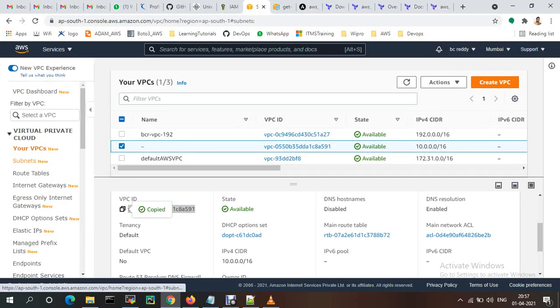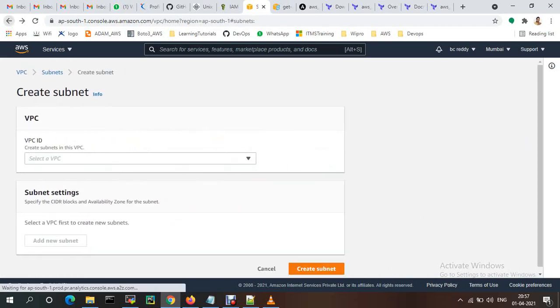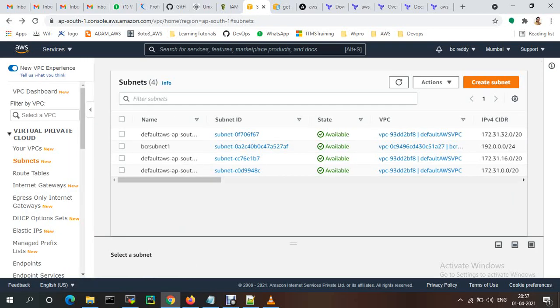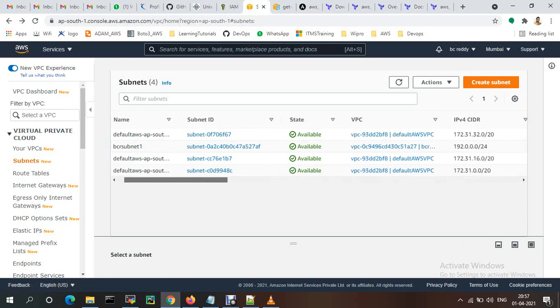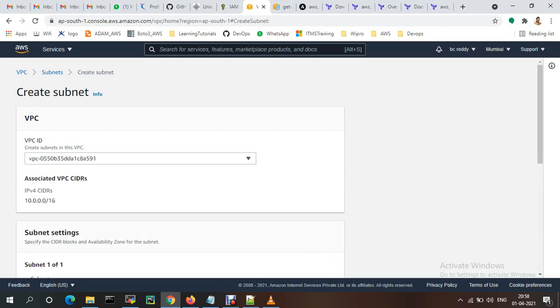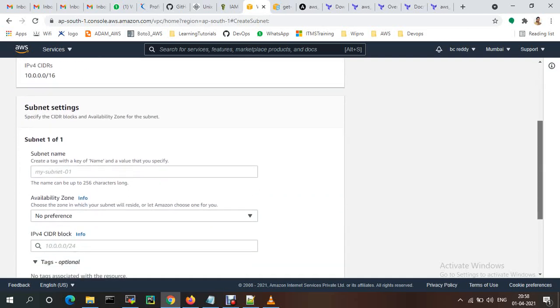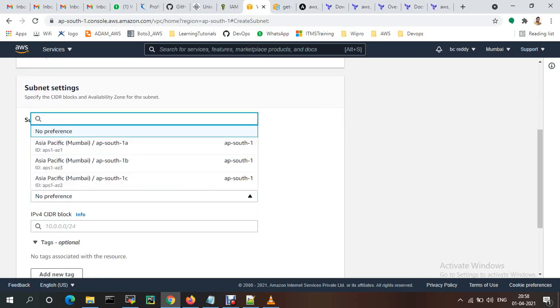Basically, if you go to subnet, the default one is already created. So the default subnet is the one, I think, that was just created. It's not this one. While creating, it will ask you for the VPC ID, and the subnet name. You just need to give my subnet or anything, and the availability zone.